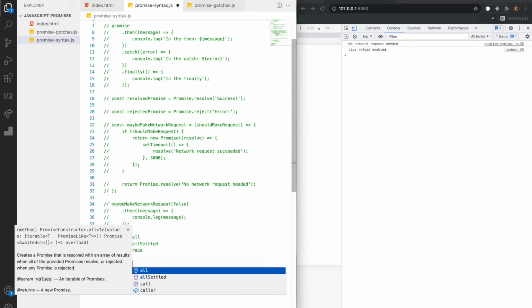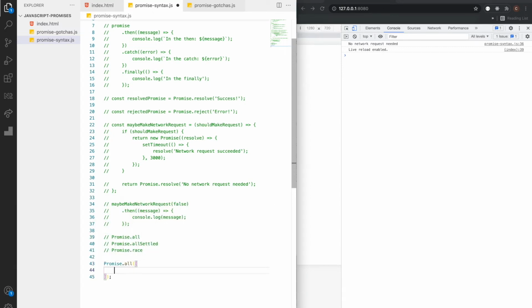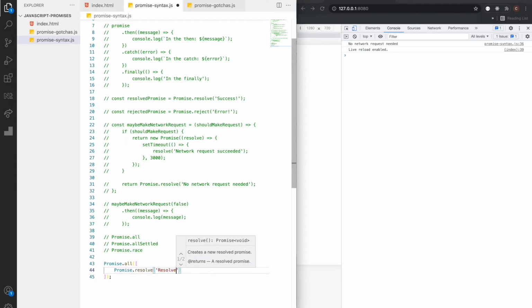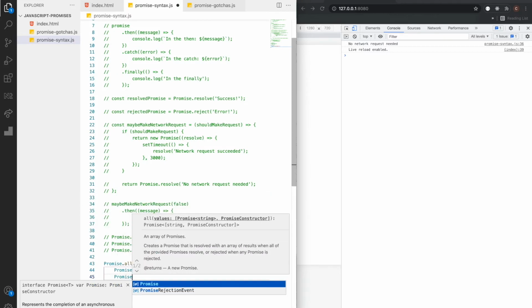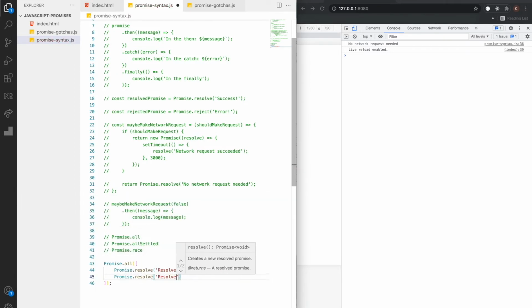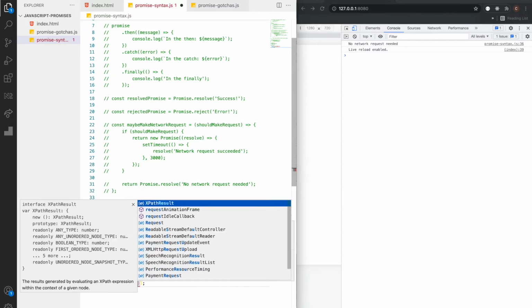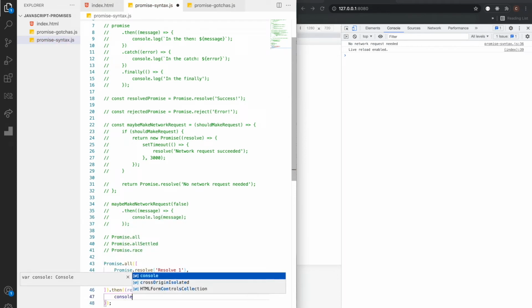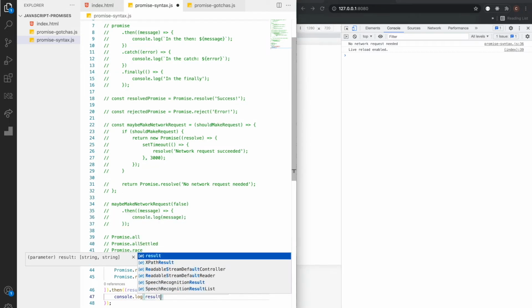Now in this case, Promise.all resolves when all of the provided promises have resolved, or it rejects when any single one of them rejects. So it's kind of an all or nothing in this case. So we'll use the same Promise.resolve that we did before. We'll say resolve 1, and we'll add another one to the mix here. And we can just do a then directly off of this since it itself returns a promise. And if we console log the result here,